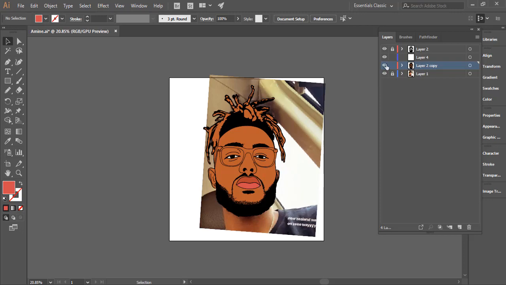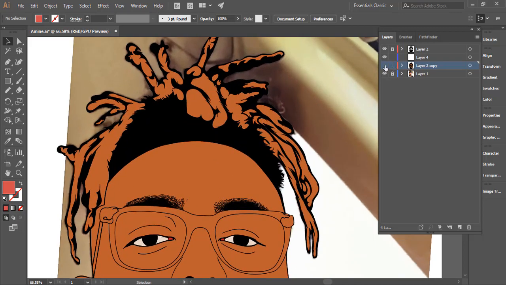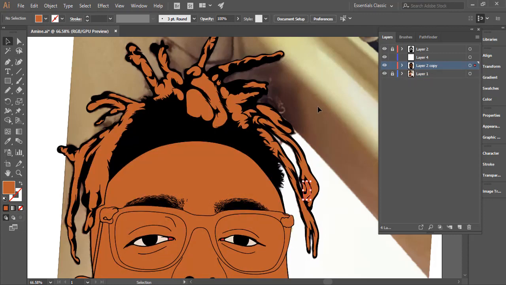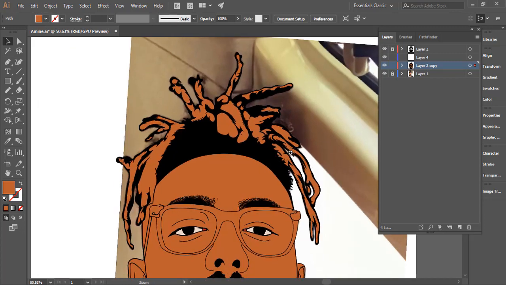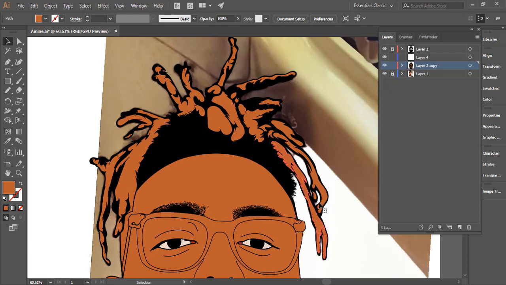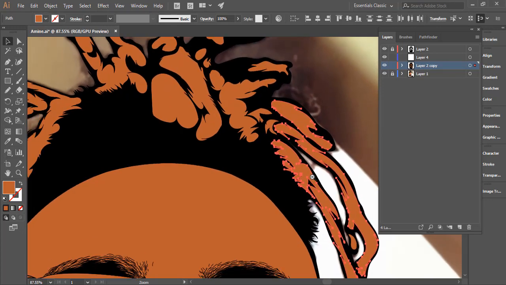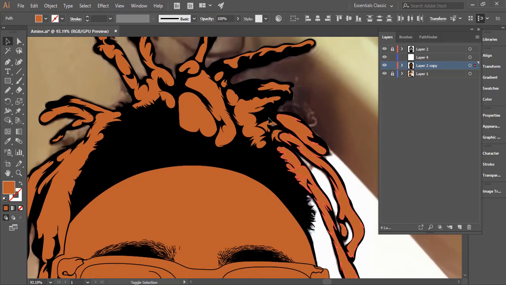The glasses and the hair, so let's check. Okay, the hair is like a dark brown. There is no hair here, so let's delete this. We don't need this. Select it and delete. Here too, delete. So I think we have every other place we need. So now we just select this and group it. Select, hold shift, select, let's zoom in. To zoom in while using any other tool I showed you, hold Control and space bar, then drag to your right. So hold shift, select